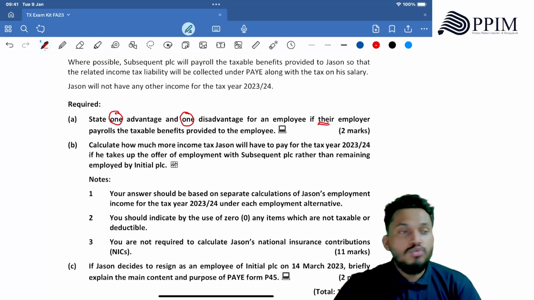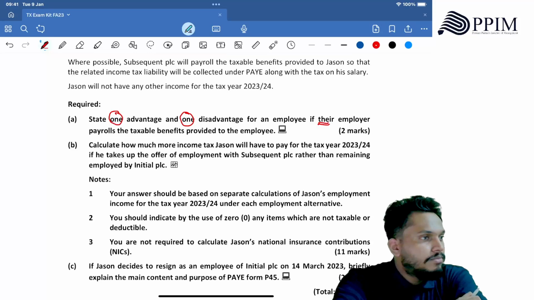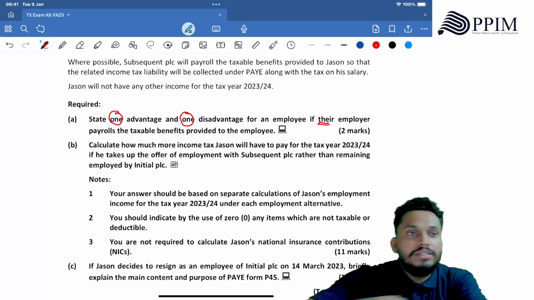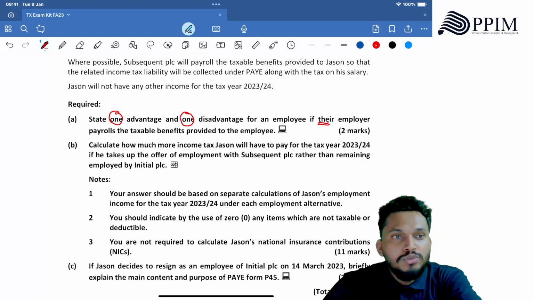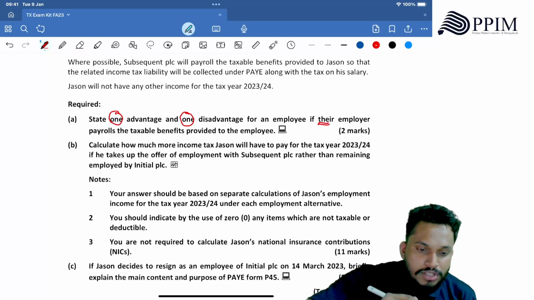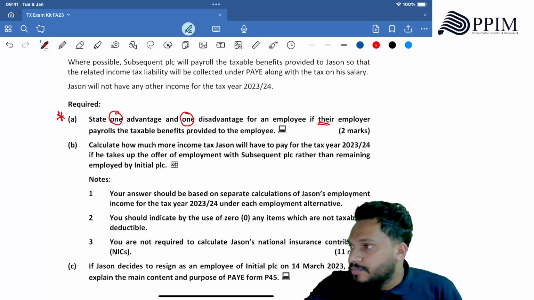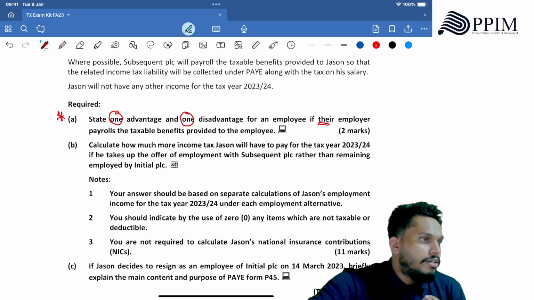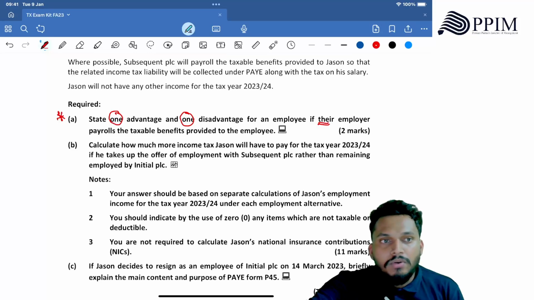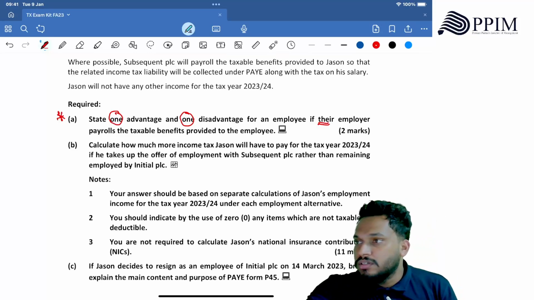You need to write for 2 marks. For this question, do you need to read the scenario to answer? You got it. For these kind of questions, you need to generate your answers in-house. When I say in-house, it means you need to produce your answer based on your understanding. So for this kind of questions, to earn these 2 marks, you don't want to go back. How many points you need to write? 2 points. 1 point, 1 mark. So write 2 points. Enough.